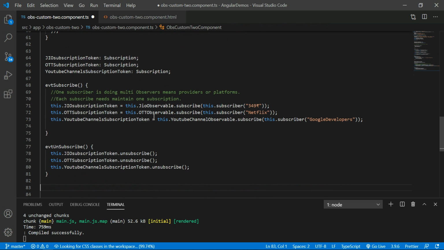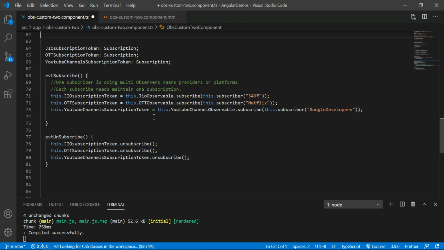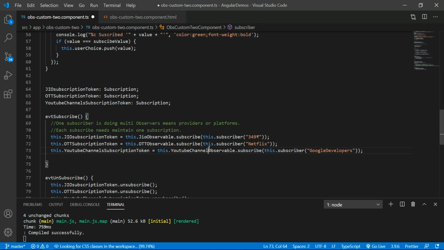So that is the basic content. What is the difference between subscriber and observer? Whenever you are working in a real-time environment, you have to remember these points. The first point is that you can use one subscriber and send it to different channels, in the sense of observables, and a single observable can also contain different subscribers. This Geo observable can contain different subscribers, not only this one. Right now I am using only one subscriber.